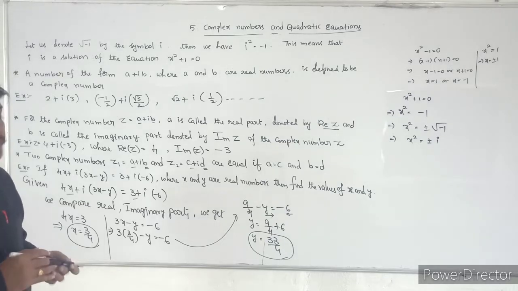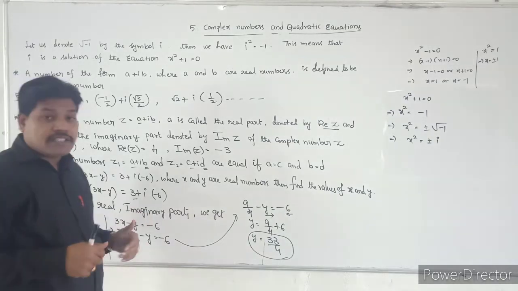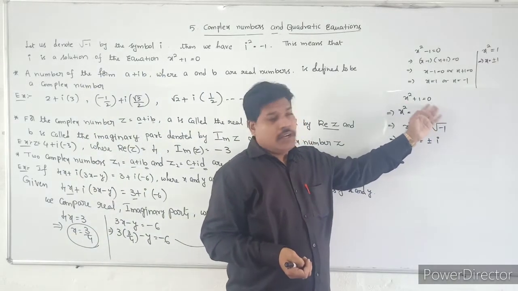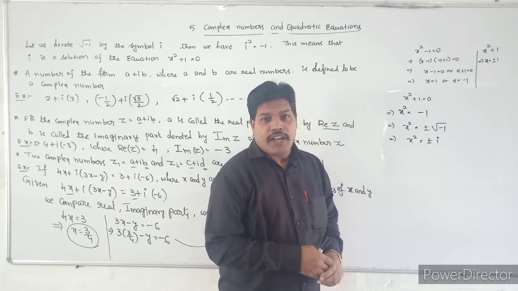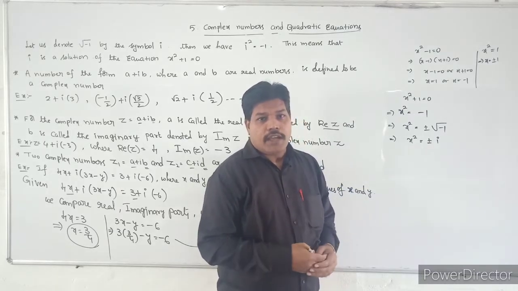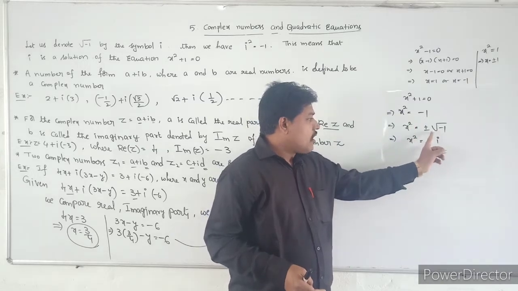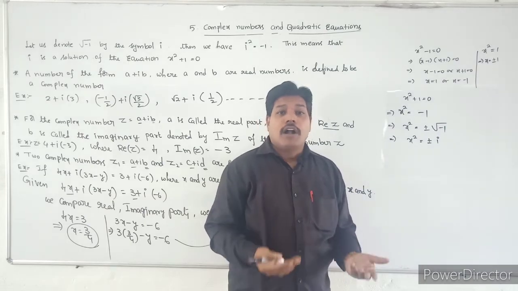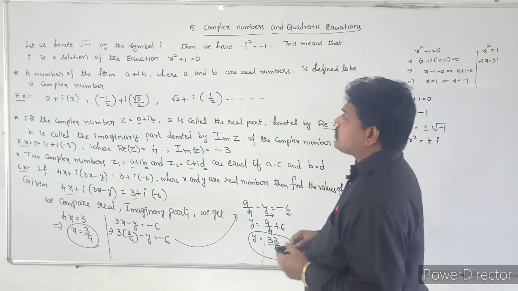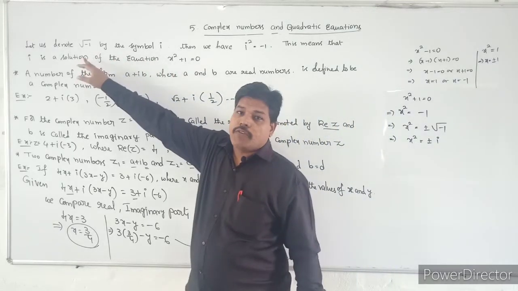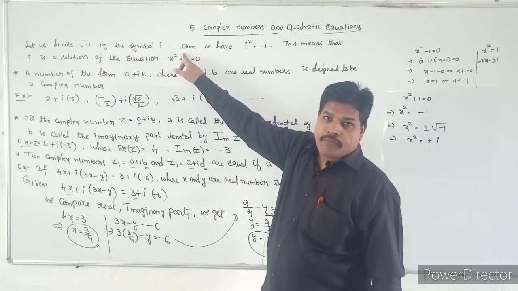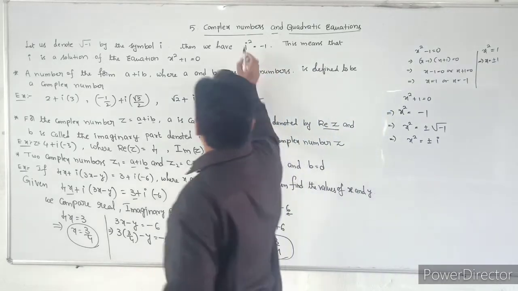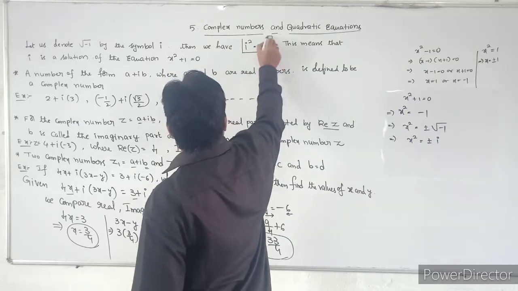So are you understanding, students? So what are complex numbers and why were they introduced? For these quadratic equations, you have to calculate the roots. There are no real roots for these equations. So x square is equal to plus or minus square root of minus 1. There are no real roots here. So that's why complex numbers were introduced. The square root of minus 1 is defined as i, and i square is equal to minus 1.